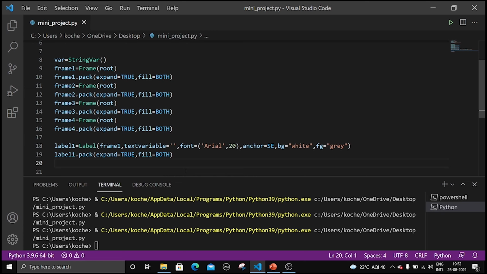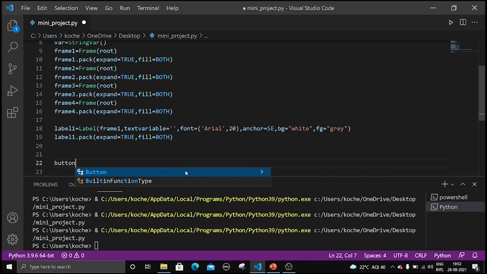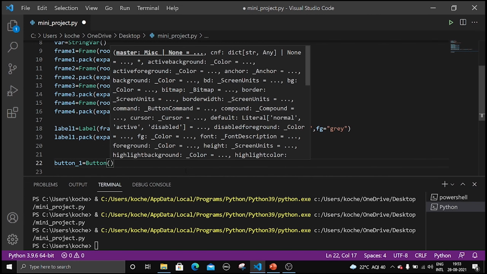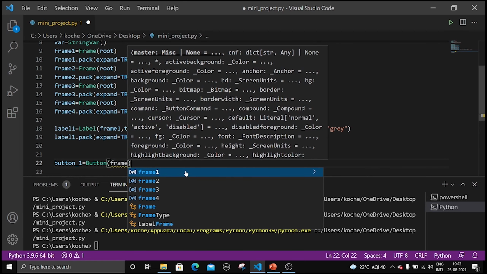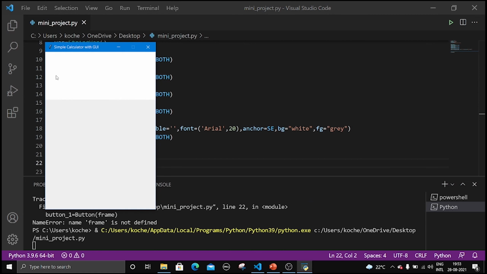First let us create the first button, button1 equal to Button, and it should be placed in frame 1. Let me comment it out first, and let me tell you what things we need to put in frame 1.